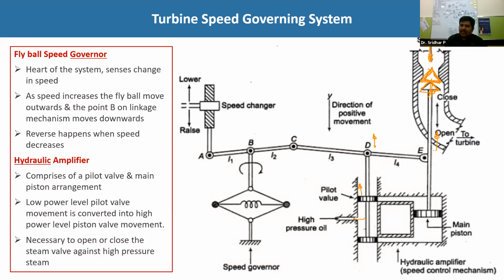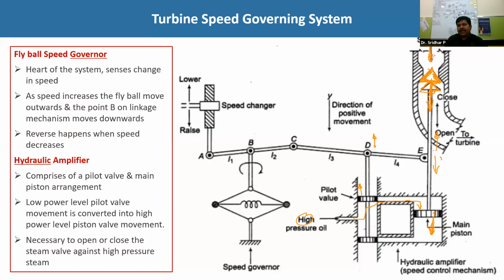Then this high pressure oil finds a path like this, right? Then it will be passed on to this main piston. Then the main piston, because of this high pressure oil, will observe some weight on it. Then this main piston may be pulled in the downward direction. In that case, what happens? This total triangular shape will be moved in the downward direction, because all these things are connected in a single line. So whenever this main piston moves in the downward direction, this point E also moves in the downward direction. Then this particular jack also moves in the downward direction.